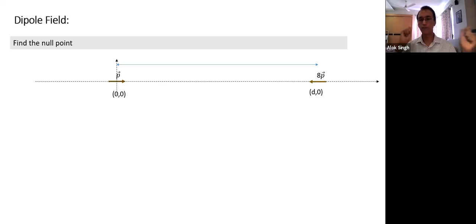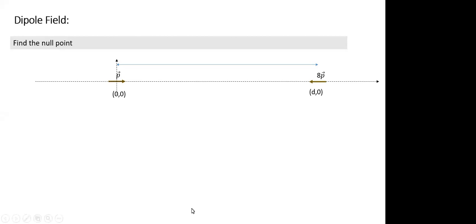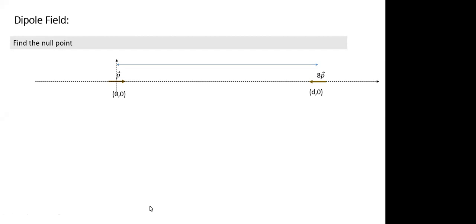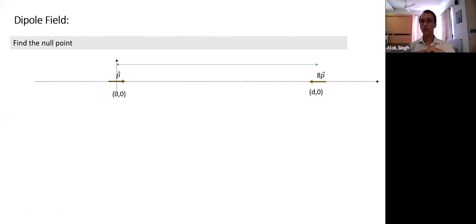You recall we did similar sign, opposite sign. In similar fashion, can we find out the null point when there are two dipoles placed? We know the formula. It is on the axis of the dipole. So Ahlad, you get your answer quickly, but please get it right also. Tell me what is your answer? D by 3. One more question for you: is there only one null point or could there be two null points?